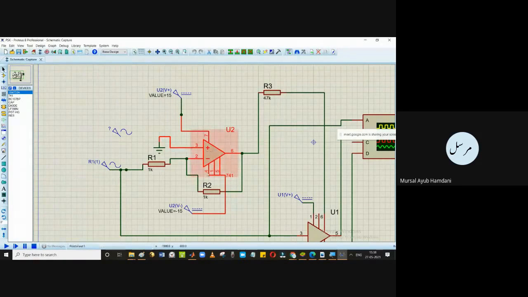Here the positive terminal of this op-amp 741 is grounded. The negative terminal has two resistors for biasing. One goes to the output and another goes to the carrier.